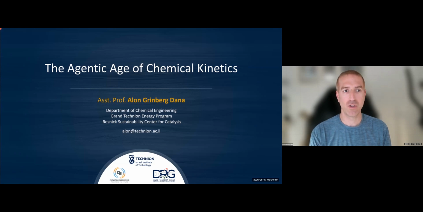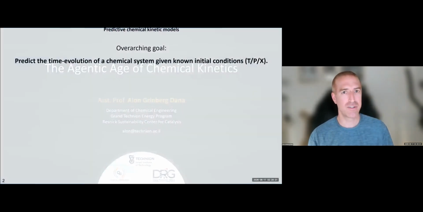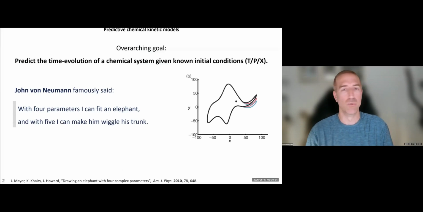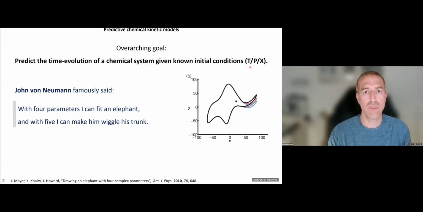I invite you in the following session to dive with me into the world of predictive chemical kinetics. And specifically, we'll see how agentic workflows and smart agents can assist us here in making predictions onto reactive chemical systems. So let's begin by first stating the overall goal of our research group or of this domain in science. The goal of predictive chemical kinetics is to make predictions onto reactive chemical systems, meaning we know the temperature, the pressure, and the composition to begin with, and we are asking, how will this system behave?